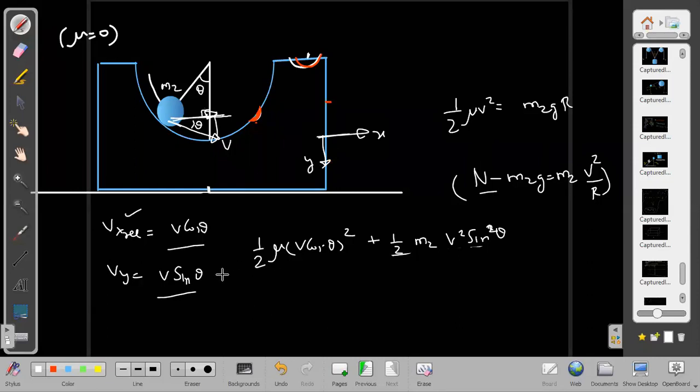No force is acting along horizontal, so V relative. Net external force is zero. But that has nothing to do with the velocity. If I assume the velocity to be v, its x component will be v cos theta only. Okay, let us see. There will be two answers possible, one when the force acts and one when the force does not act. Tell me what your answer will be if the force acts. If I am already saying that this is the v relative, then velocity along x relative will be equal to v cos theta. What does force have to do with this?